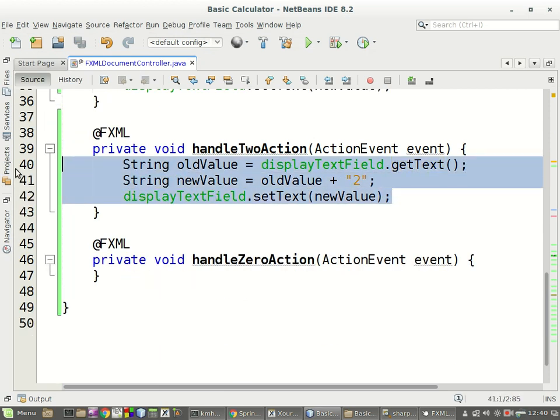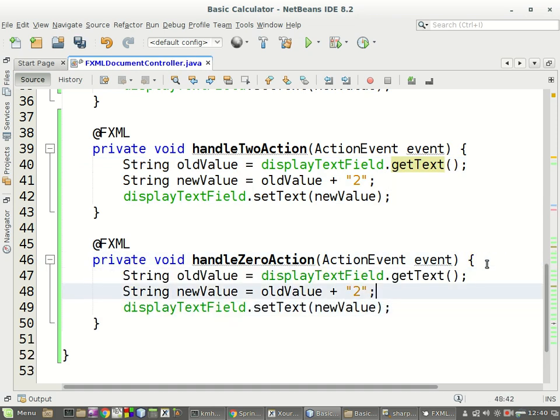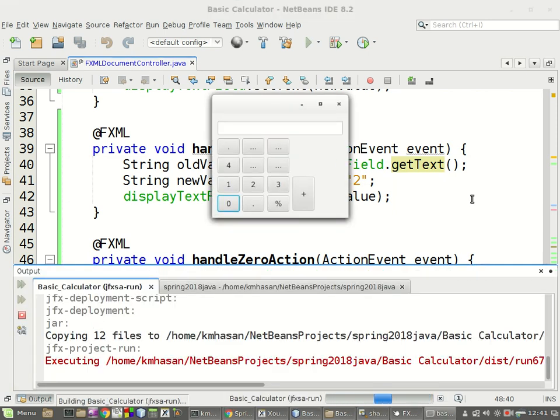Alright, if I copy paste this thing for 0, it should work. It's just that we have to put a 0 here. No big deal. And it would sort of work okay. Say I want to type in 120, I can do that. I can put multiple ones, I can also put multiple zeros. No big deal, alright? The problem is,